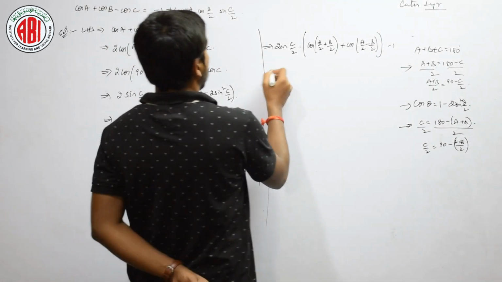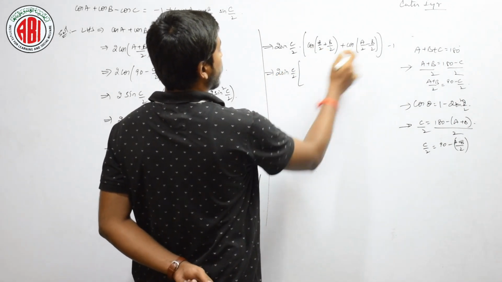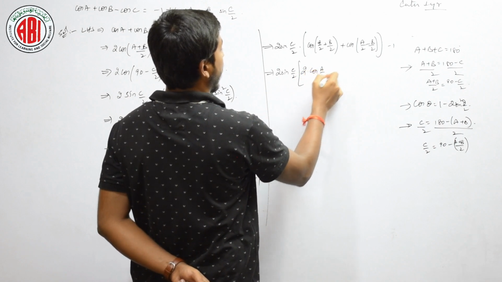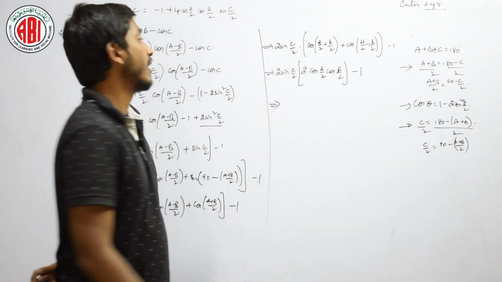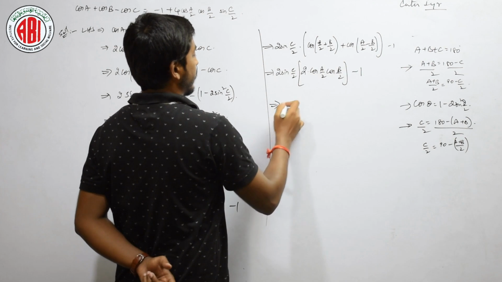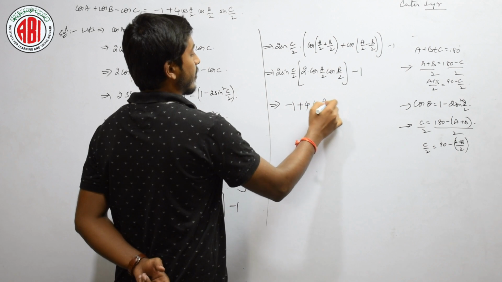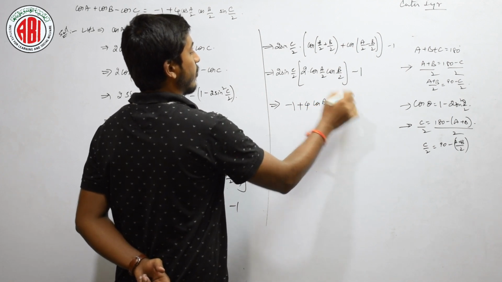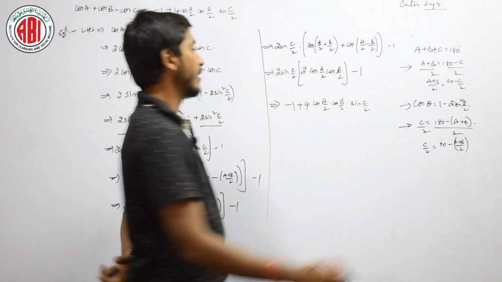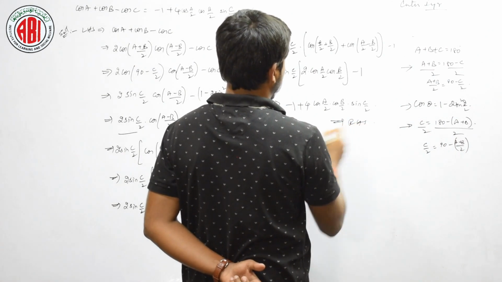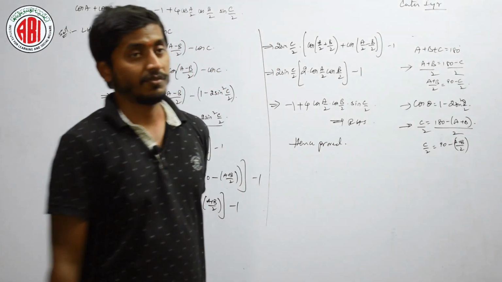See here, which is 2 sin c by 2 into cos of a plus b plus cos of a minus b, nothing but 2 cos a cos b minus 1, isn't it? Now let us multiply. 2 2s are 4, let us write this minus 1 in the front, plus 2 2s are 4, let us write it in order, cos a by 2 cos b by 2 into sin c by 2. This is what he asked us to prove, right? This is RHS, therefore hence proved, isn't it? This is what he asked us to prove.